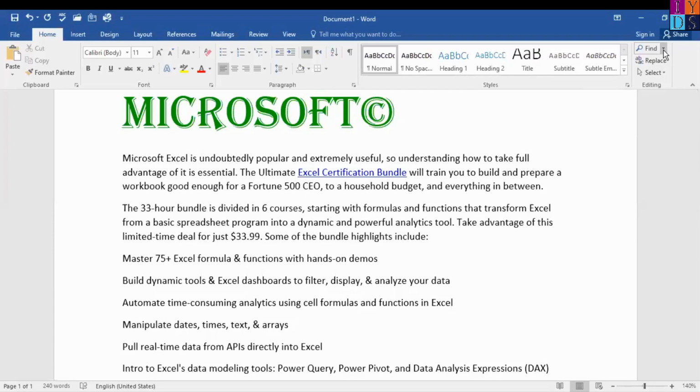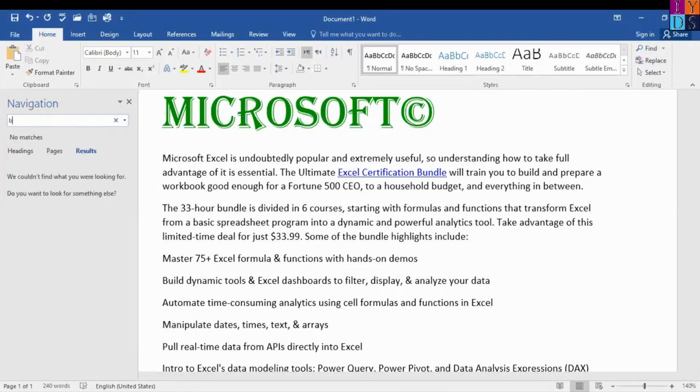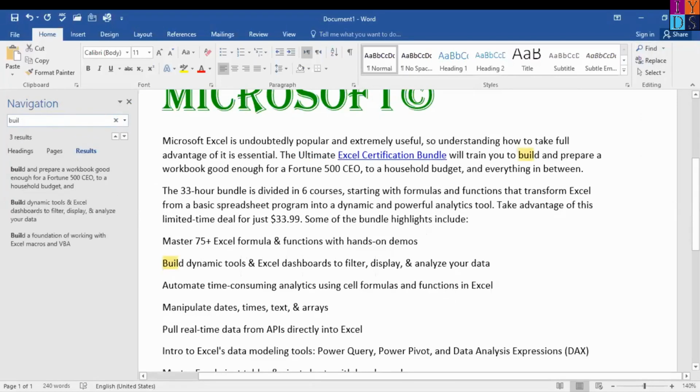I am going to find the word build for my options. For clearing the Find button, just click on Find. This is the navigation key. Just type here build, or whatever you want to find. If the text is found in the document, it will be highlighted in yellow color. As you see in the document, the build will be highlighted in yellow color,